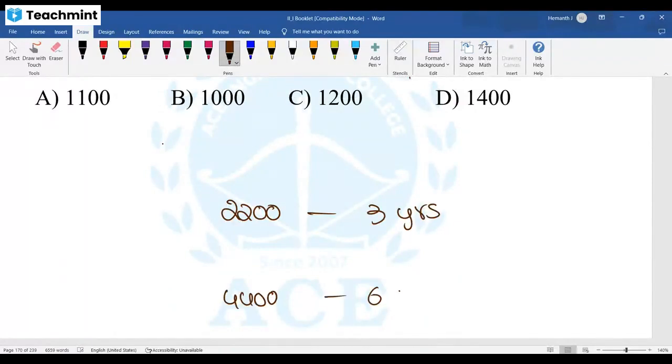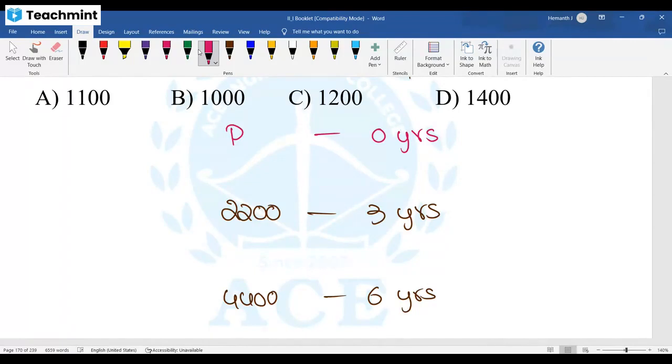Now they're asking the principal. Principal is the amount you borrowed, the loan you have taken. The amount you borrowed from other people is the principal. From there, timing will start. For your basic info, timing will start when you take the loan. From that date, from there, timing will start. That's the zero. So they're asking what is the P value, right?